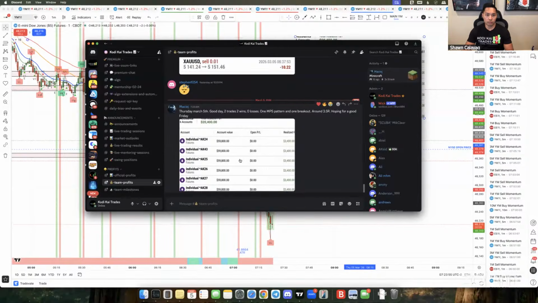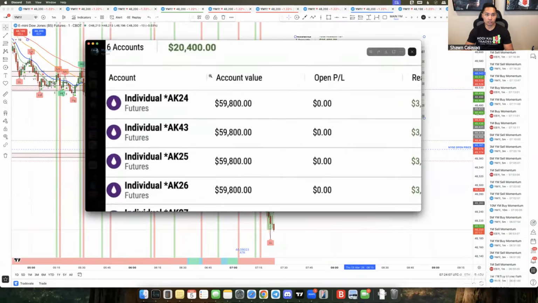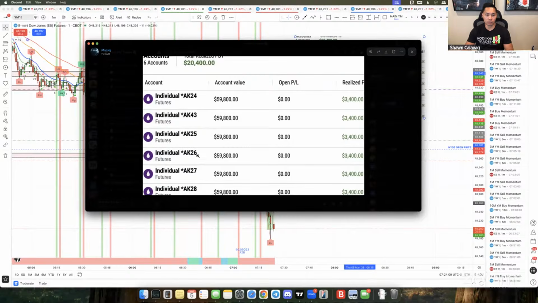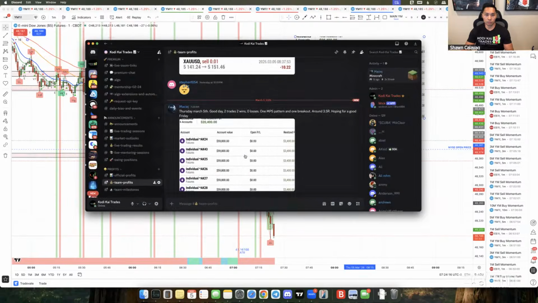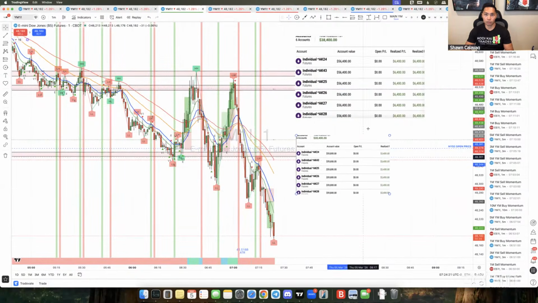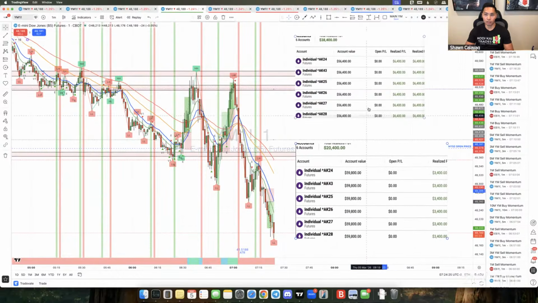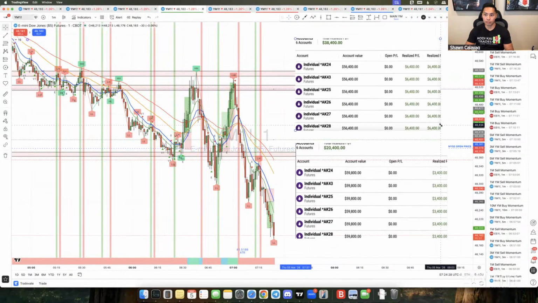So over here, Masij said March 5th, good day, 2 wins, 2 trades, 1 MPS, 1 breakout with a 3.5R total. So here are his profits for the day. He locked in 20,400 across his accounts. These are Masij's personal accounts. He's not trading prop accounts, just personal accounts. So 3,400 per account right there. Nice work, Masij. So if we compare this to yesterday, he had 3 wins, so he had a little bit more profit, 38,400. For today, he had 2 wins with a bit of some slippage,